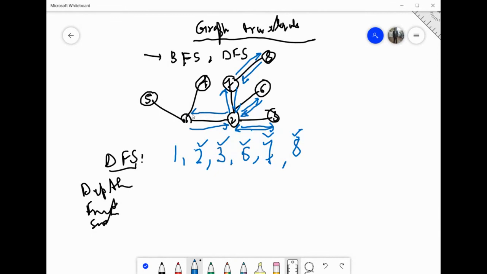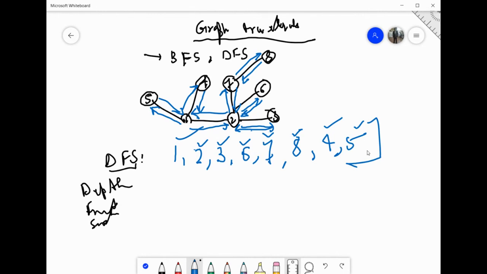We will come back to 1. Right? 1 के पास again I have two options, 5 and 4. You can choose any one of them. Suppose I'm choosing 4. So I will go in this direction. 4. Now 4 is also completely explored. There is nothing left. So I will come back to 1. Again, एक last option बचा है 1 के पास, that is 5. So I will go in this direction. I will explore 5 and I will come back to 1. Now everything is explored. So this is DFS.